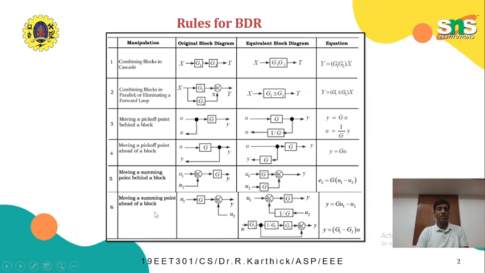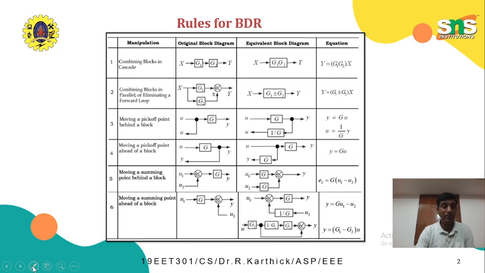And the next rule is moving a summing point behind a block. Here you can see the summing point is moved behind a block, and similarly the summing point is moved ahead of a block. And then the final and very important one is eliminating a small feedback path. The closed loop system can be eliminated, and the final transfer function is given by